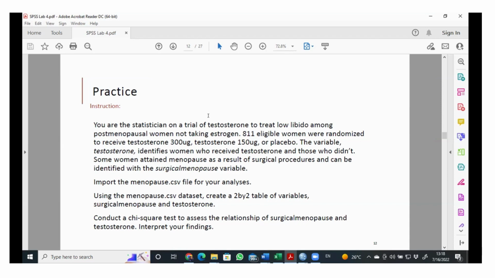Some women attained menopause as a result of surgical procedures and can be identified with the surgical menopause variable.